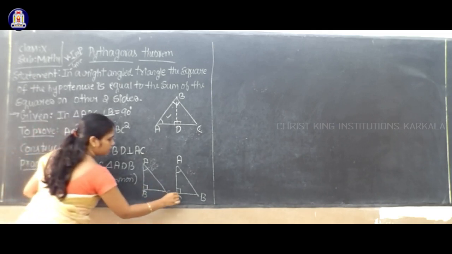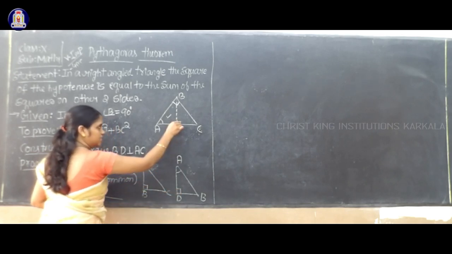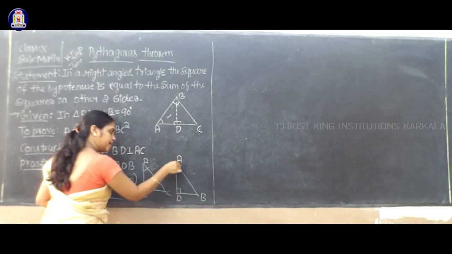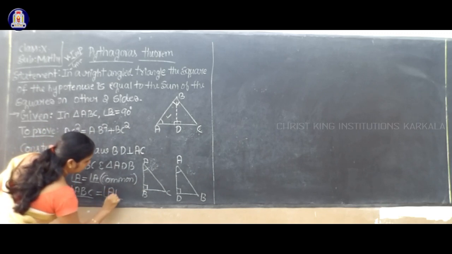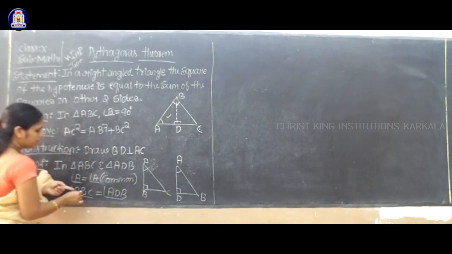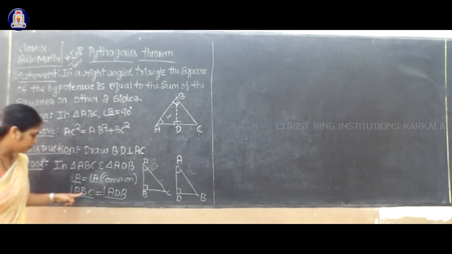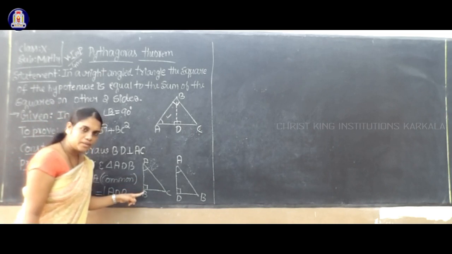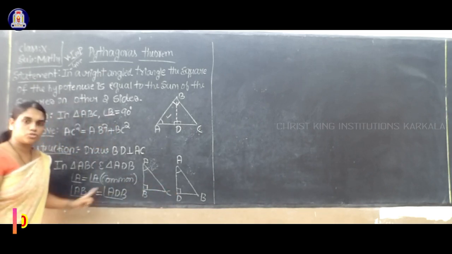Another one, point D. I cannot write point D here because D is divided into two parts. So therefore, I'll write the full angle A D B. See here, B and D are in the middle, isn't it? Point B and point D are in the middle. Why? Because it is the angle at the point B and the angle at the point D. So therefore, B and D must be in the middle.